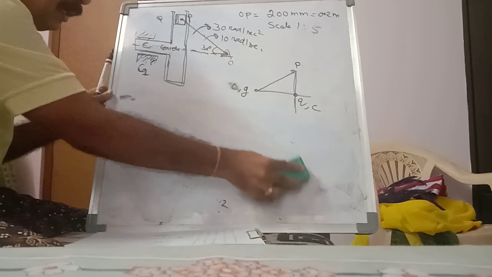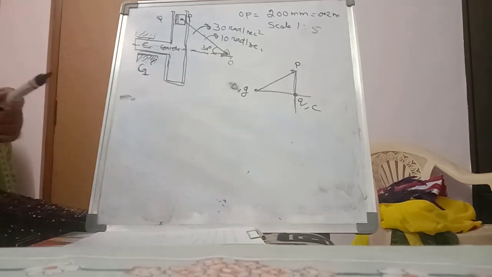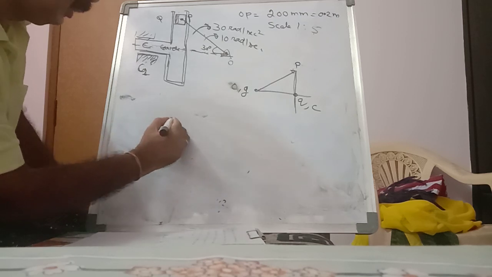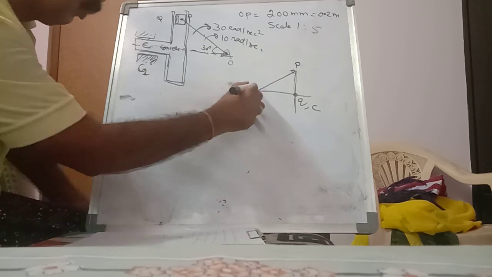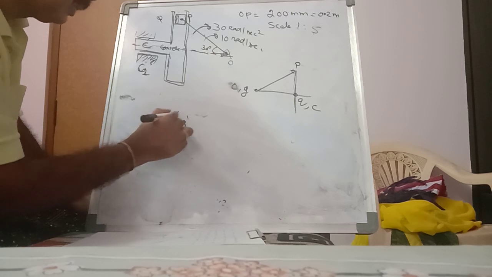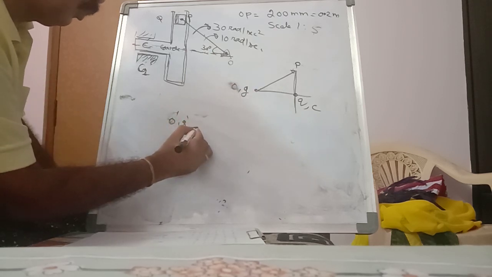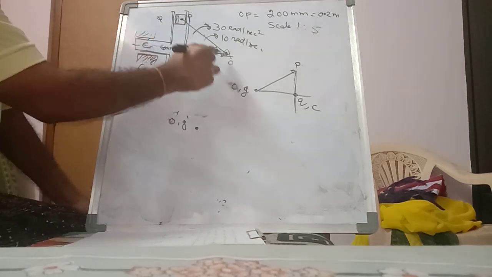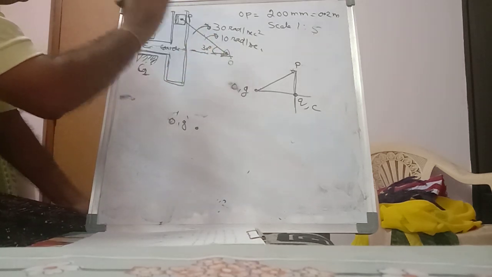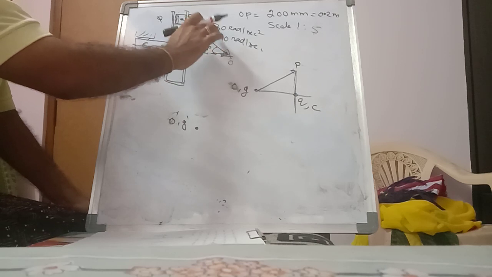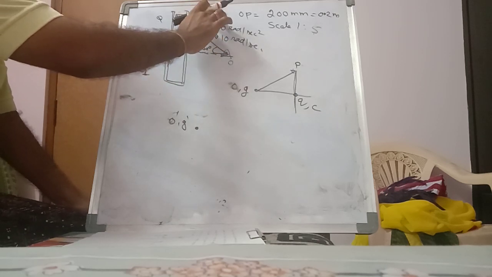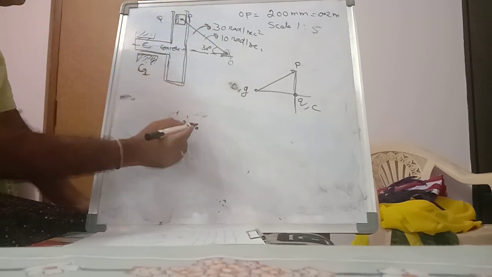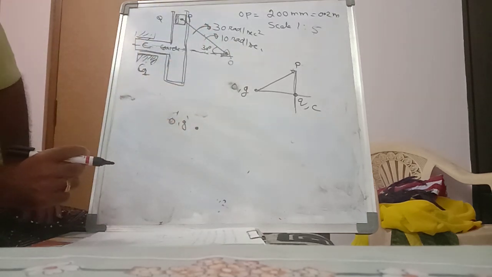So for the acceleration diagram, again we have to take the fixed points. So I am taking the fixed points O dash, D dash. Always we know that in most problems there will be only a radial component. But here angular acceleration is also given. Therefore, there is a radial component and a tangential component. We have already determined those values. First, we will draw the radial component.